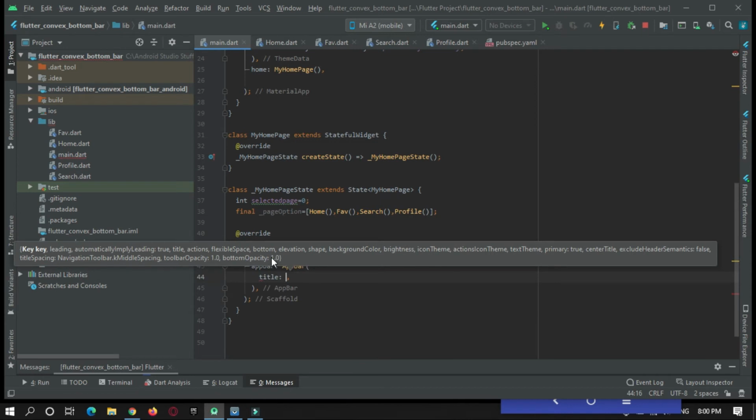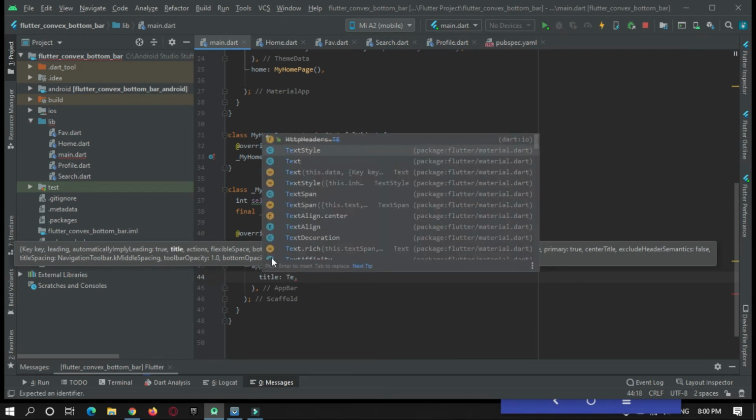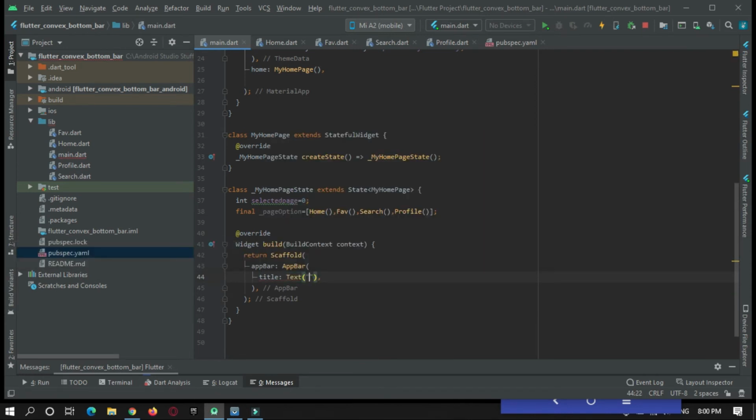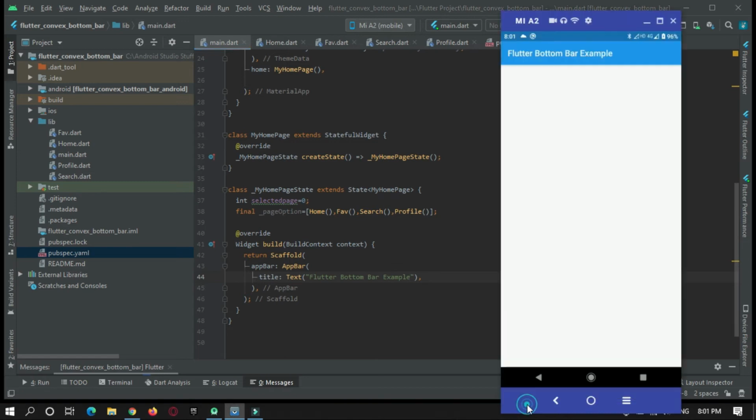Here the title will be text just to display Flutter convex bottom bar example. Okay, I will just run this app now. As you can see, I have an app bar and nothing else in this app.